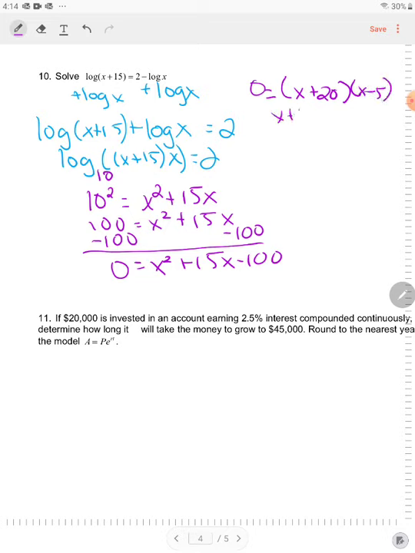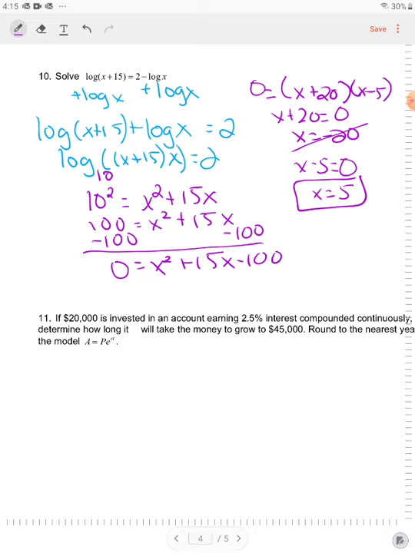So x plus 20 equals 0. So we're going to get x equal negative 20, which is not going to be part of your answer. x minus 5 equals 0, x equals 5. So there's only one solution, x equals 5. All